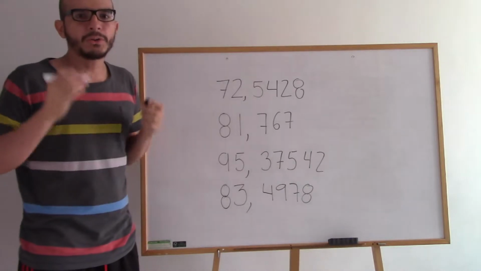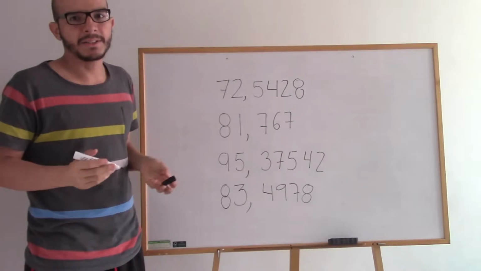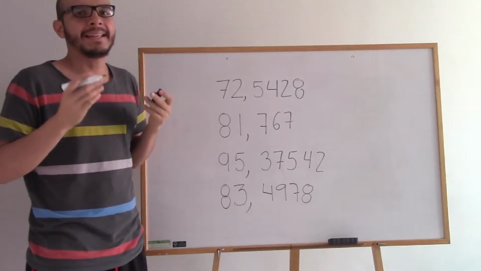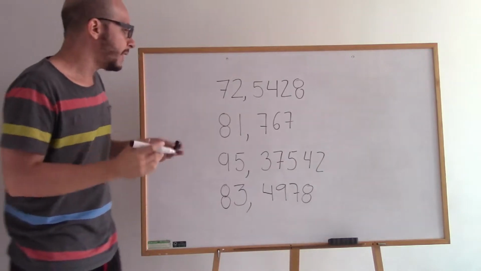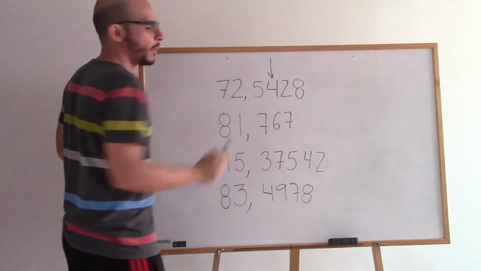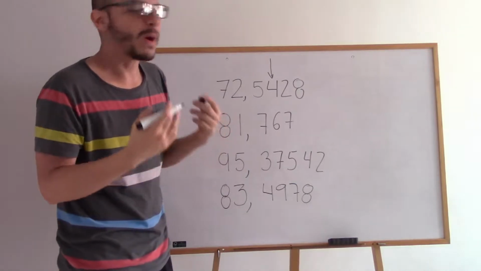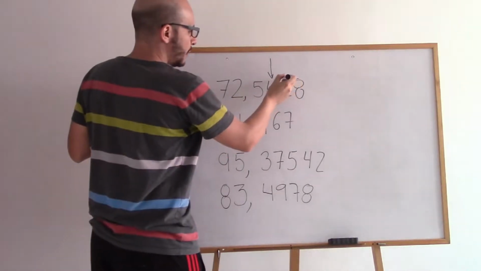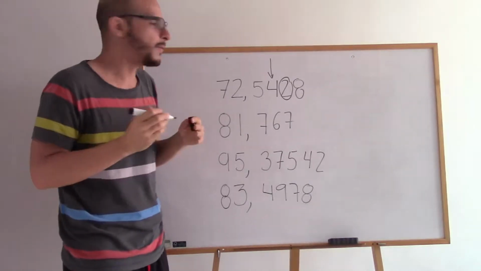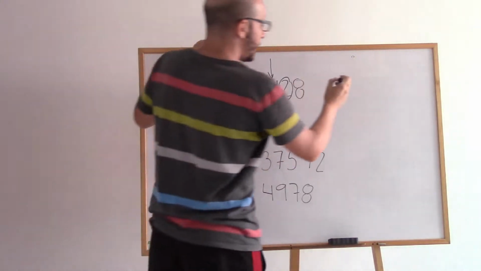So now we are going to go to the examples. Let's imagine we want to round these numbers to 2 decimals. The first thing we have to do is to highlight the number we want to round. Here in this case we have the first decimal, second decimal, the 4 is the number we want to round. Now we have to look at the number located on the right side of the number we want to round. In this case, number 2. Number 2 is a number lower than 5, meaning the 4 we want to round stays the same. So what we get is